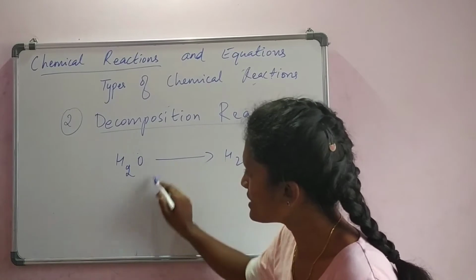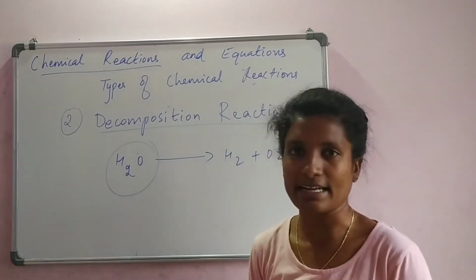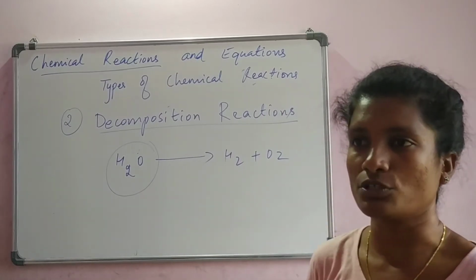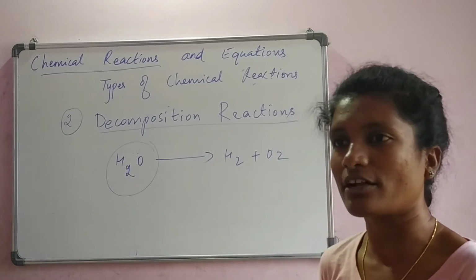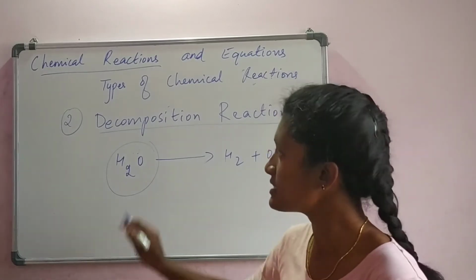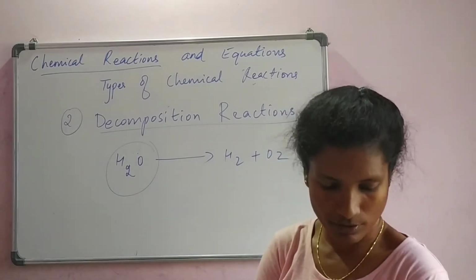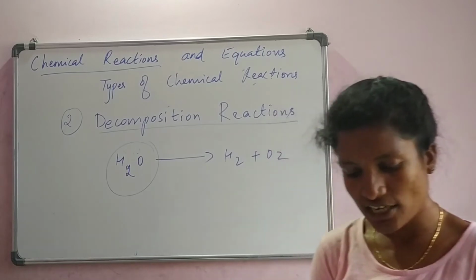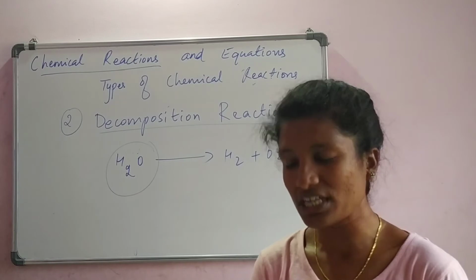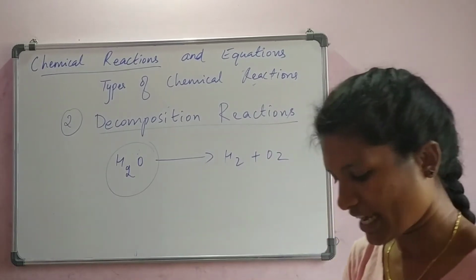Can you understand? There is only a single reactant. We cannot call it a reactant because it is not reacting with anyone. It itself is getting decomposed because the ions are going to break down here and they give rise to multiple products. So this is decomposition. If we have to define that in a proper sentence, a reaction in which a compound splits up into two or more simpler substances is known as a decomposition reaction.